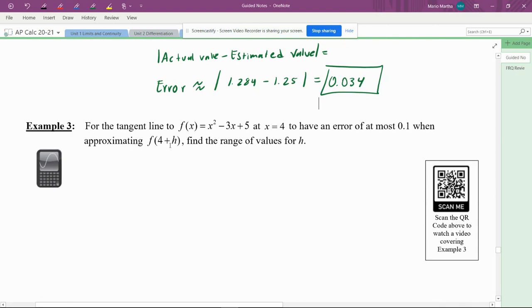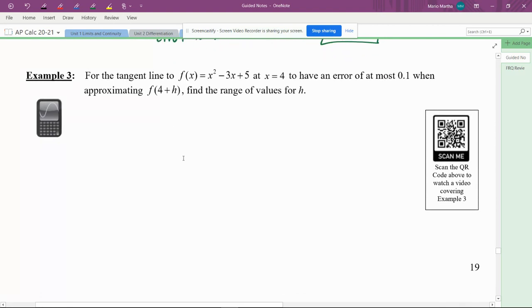Okay, so for example 3: the tangent line to f of x equals x squared minus 3x plus 5 at x equals 4 is to have an error of at most 0.1 when approximating f of 4 plus h. Find the range of values for h. All right, so first, let's figure out what f prime is. So we have f prime of x equals 2x minus 3. And we know that f prime at 4, plugging in the a value, which in this case is a equals 4,